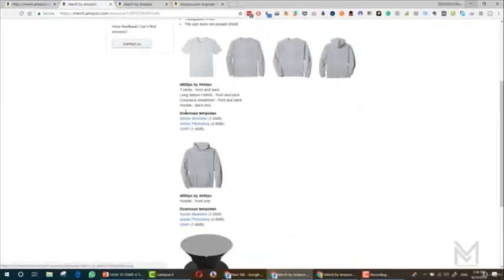As you can see here, we have 3 templates: Adobe Illustrator, Adobe Photoshop and GIMP. GIMP is a free software that's used to design, but Photoshop is the most commonly used one. So I'll go with Photoshop, double click on Adobe Photoshop. As you can see here,